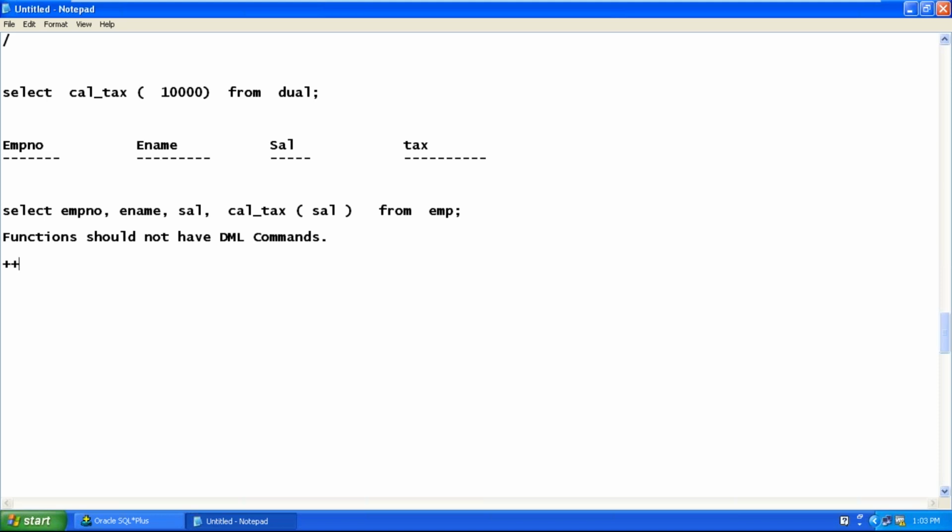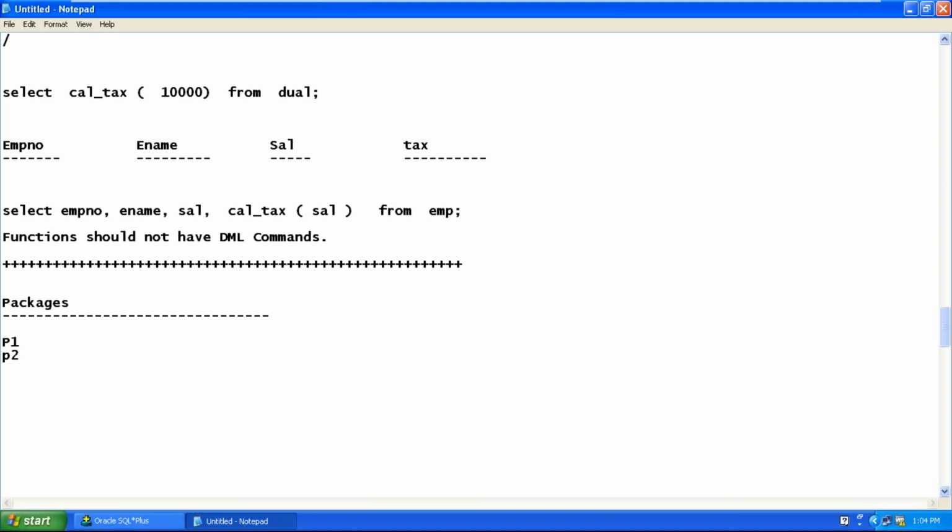Now let's discuss the next concept, that is packages. When you're working in a project, let's say you have created 3 procedures and 2 functions. It's not one procedure.